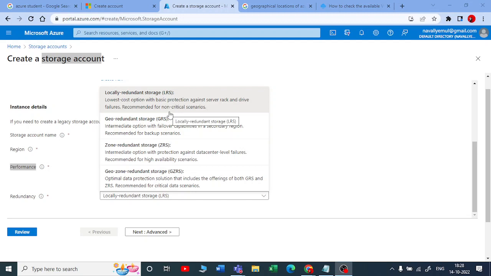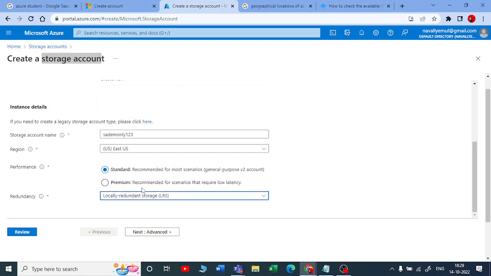So if you don't want that and you want to create a copy, then you can come to geo redundant. Geo redundant gets a backup of your data that will be stored in different racks. When it comes to zone redundant, your backup will be available in different zones, not only in East US, it can be in a different zone. Geo zone is a combination of these two. You will get a backup in the same data center with different racks, and also outside the zone your data is created.